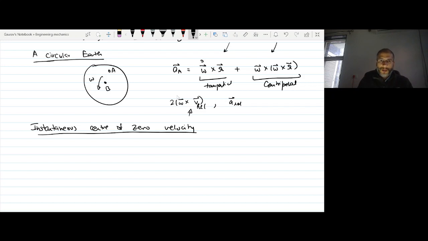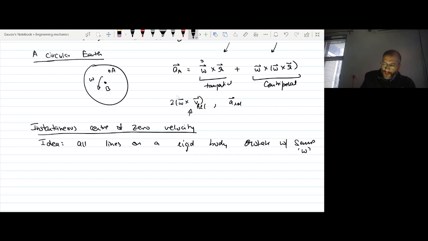And the bottom point, the contact point, is the instantaneous center for zero velocity. So the idea is that all the lines rotate with the constant omega. So we discussed today that all lines on a rigid body rotate with